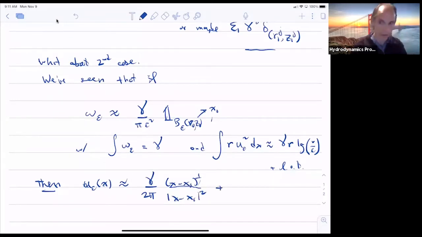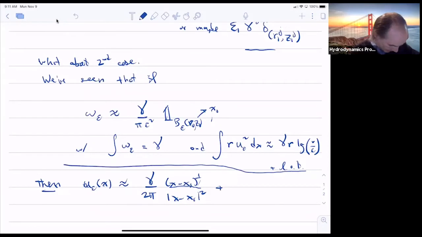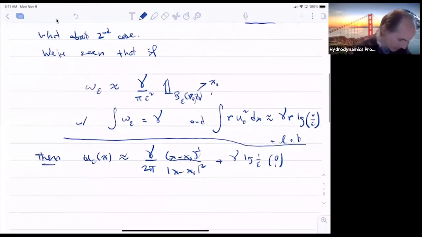And then there was a term that was purely pointed in the z direction, and it was like gamma, and so okay, I'm going to sort of cheat here, and so let's say gamma log 1 over epsilon times (0, 1),